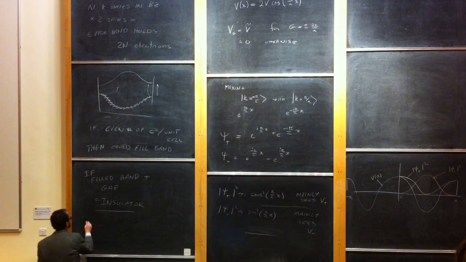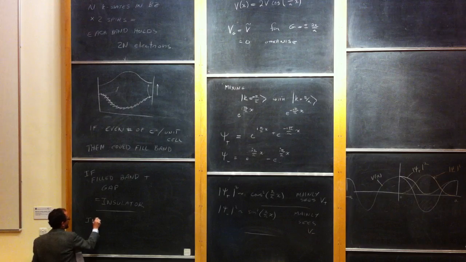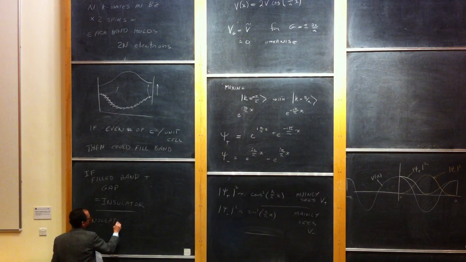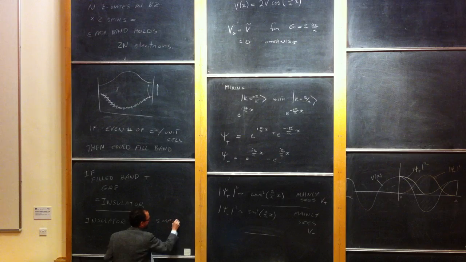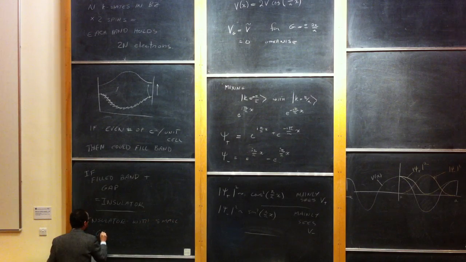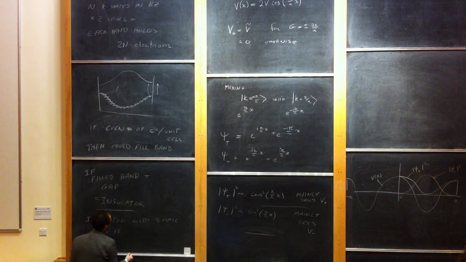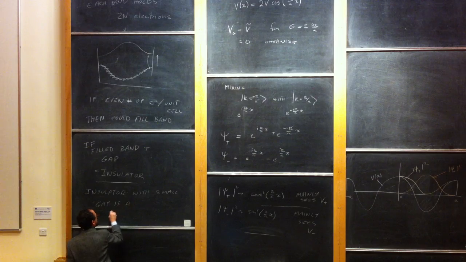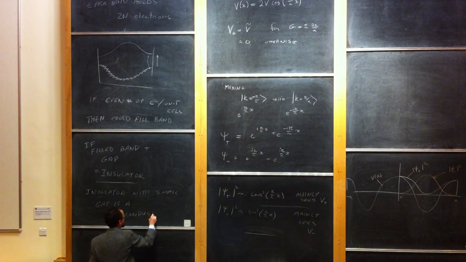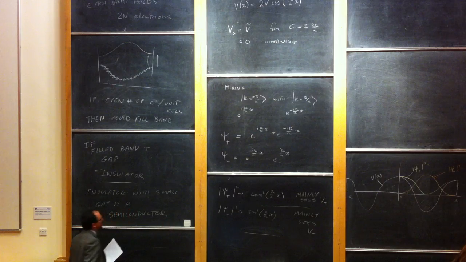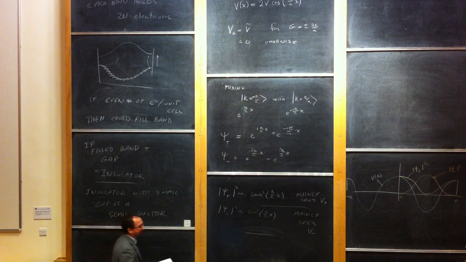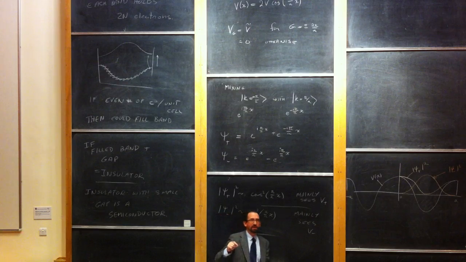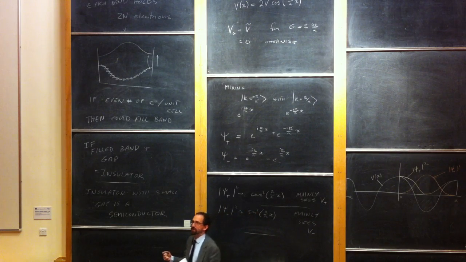If the gap is kind of small, an insulator with a small gap is called a semiconductor. And we'll discuss those quite a bit more in the next couple lectures. But it's called a semiconductor roughly because the gap is small enough that at room temperature, for example,